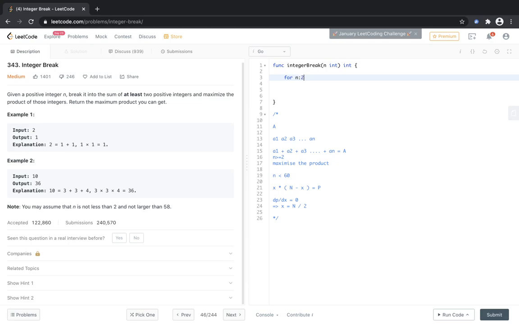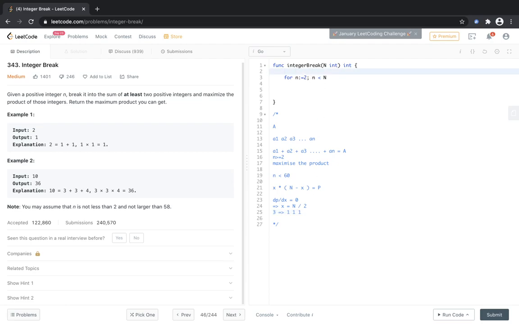So for n equals 2, because we need to at least divide it into two different numbers, and x less than, obviously if the number is, let's call it capital N, we cannot be equal to that, because if we are equal to N, we are dividing the whole number into ones. For example, if it's 3, we are dividing it into 1 1 1, and the product is 1, which is not right. It cannot be the maximum product, right?